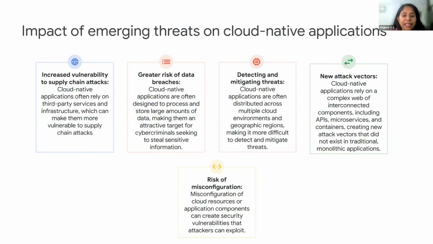Next is new attack vectors. Again, when it comes to cloud native applications, there is an ocean of possibility. There could be multiple platform as a service solutions, multiple container solutions, multiple functions as a service. There are a lot of services available in the cloud. Why are customers moving to the cloud? Because of the different kinds of solutions available. But that also means the kind of attacks that you could face is different from a traditional application where, say, your application, database and middleware are all running on a single server.